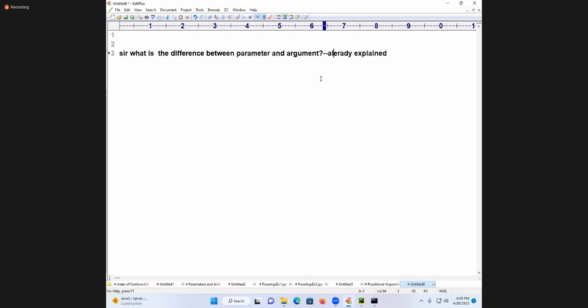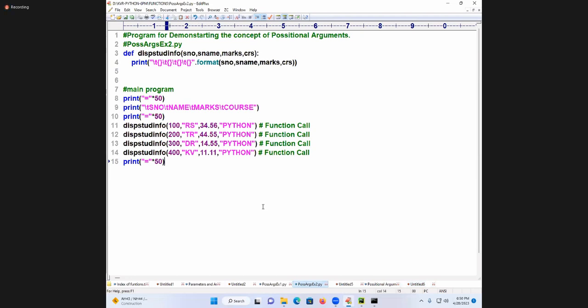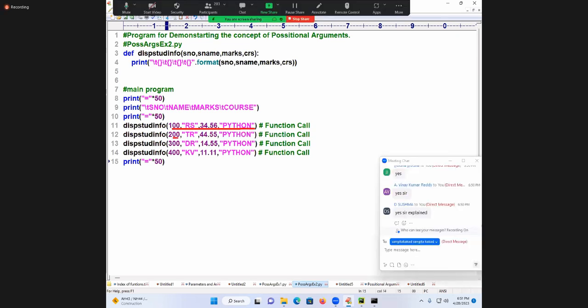Now I am going to introduce one more kind of point. Next, I am going for one more thing. Positional argument 2. What did you understand here? I am passing positional arguments only, but one of the values is commonly repeated or not? And PVM is carrying what? First time 4 values, second time 4 values, third time 4 values, fourth time also 4 values. But among the 4 values, are they specific or common? 3 are specific, 1 is common.